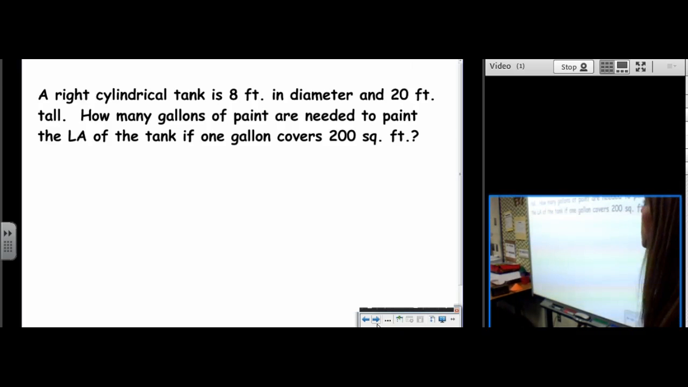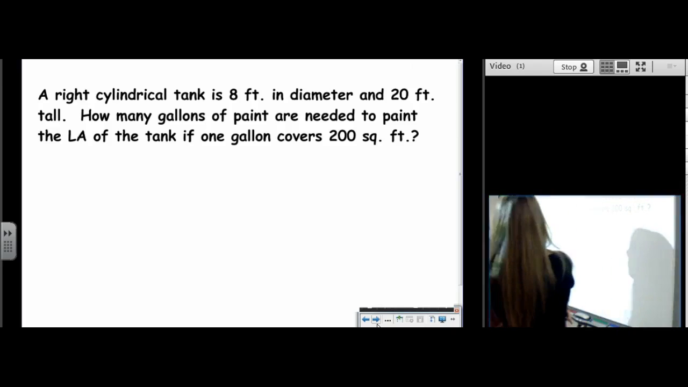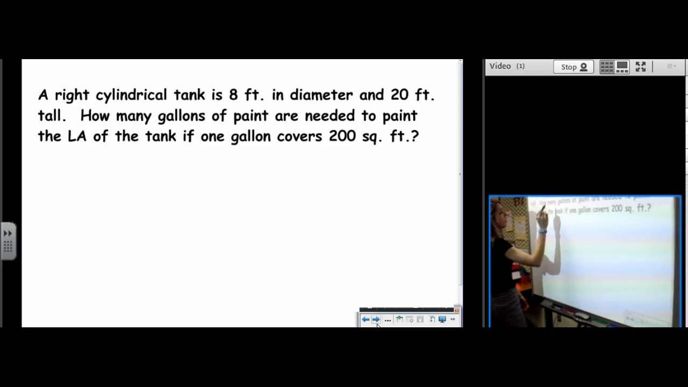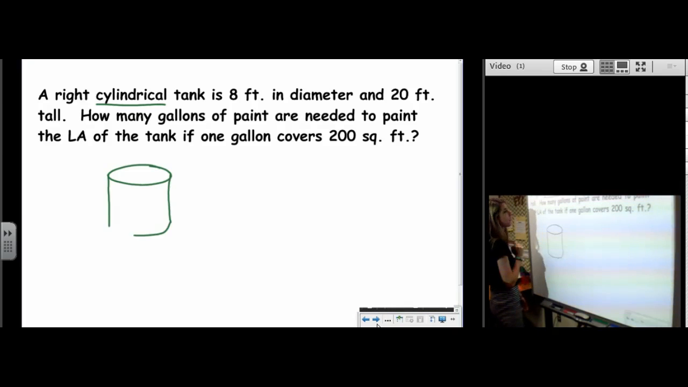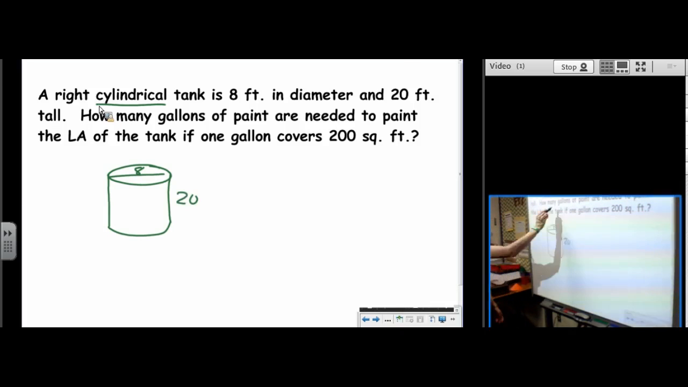Okay, let's keep going. A right cylindrical tank is 8 feet in diameter and 20 feet tall. So cylindrical means we have a cylinder on our hands. It is 8 feet in diameter and 20 feet tall. How many gallons of paint are needed to paint the LA only? So we're not including the bases. If 1 gallon covers 200 square feet. So we're going to find the LA,